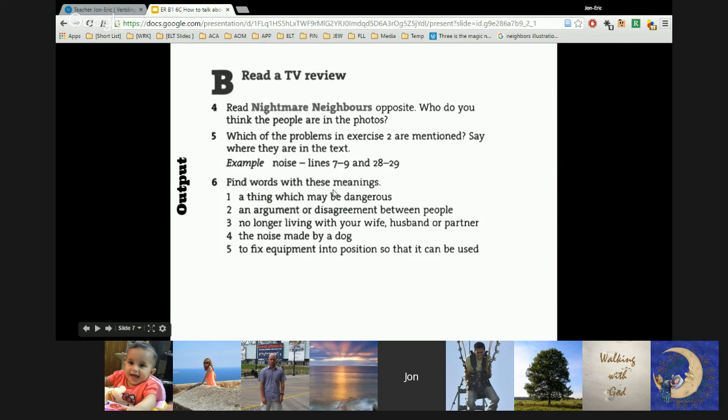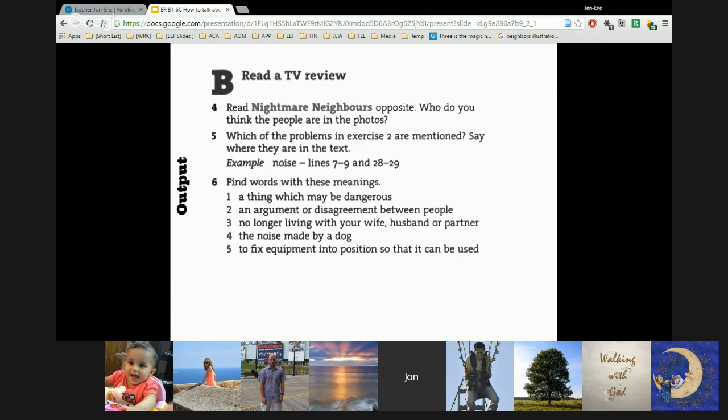Okay. I want you to make a note. Let me put the answers there for you. I want you to make a note of these because I'd like you to use them yourself to describe a situation you've had to deal with. So I'm going to quickly put in health hazard, number 1. Number 2,